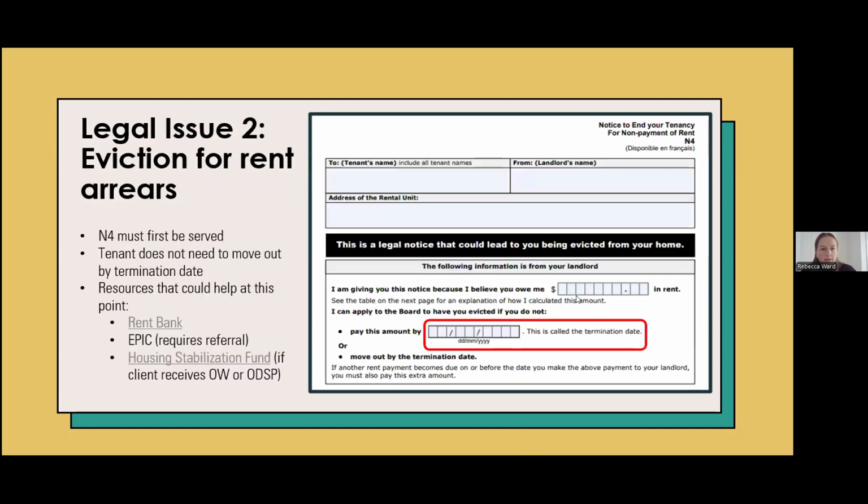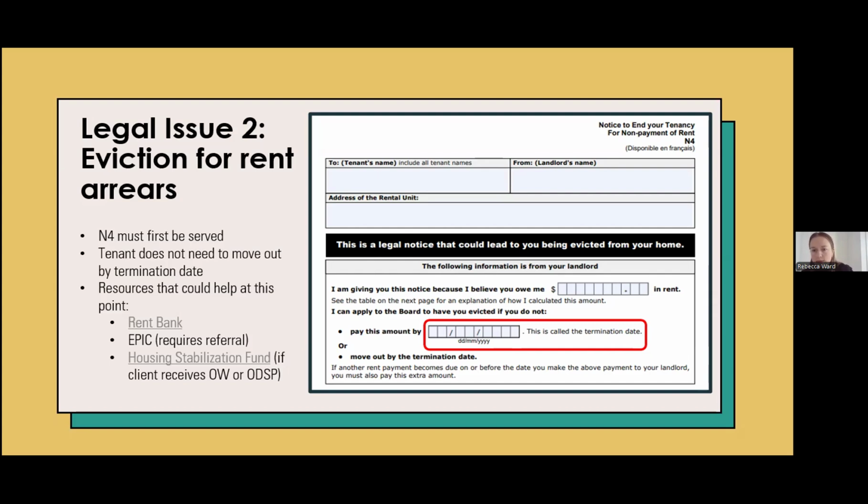Okay, the next legal issue, and this is probably the most common type of legal issue that we assist tenants with at our office, is eviction for rent arrears. As you'll remember at the start, I said that the very first step that a landlord needs to take when they want to evict a tenant is serving a notice of termination, an N form. When it comes to rent arrears, it's going to be an N4, a notice to end your tenancy for non-payment of rent. On any N form, any notice of termination, there's going to be a box that looks like the one on the screen in the red box that provides a date, and